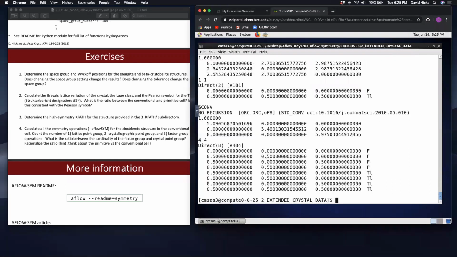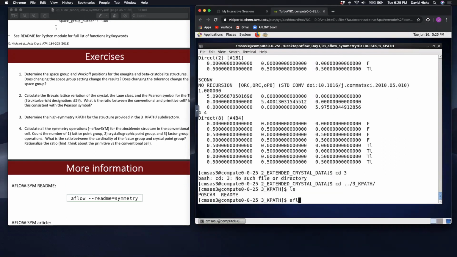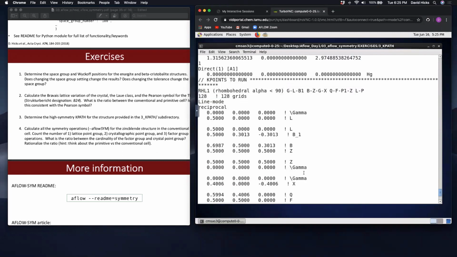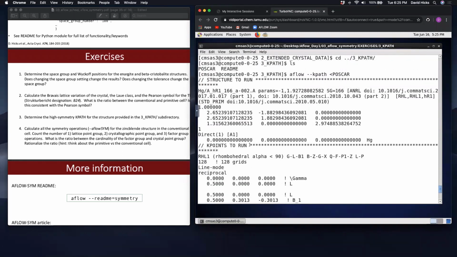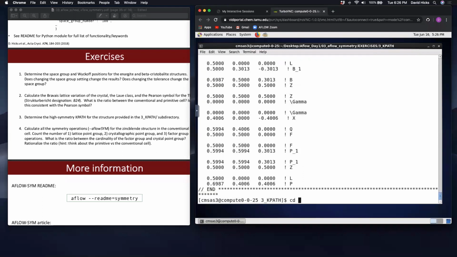So directory 3 was pretty simple. It was just run the command. So aflow --kpath and direct the postcard in there. And in this case, this was an RHL system. And so it gave you the paths. And I think this is one of the cases where it's dependent on the parameters. So if you were to have to do this by hand, it would be very, very tedious. So again, we did it in one command. And then the last exercise